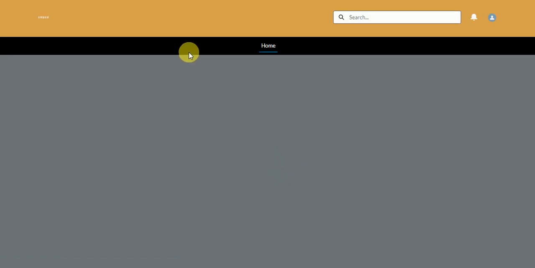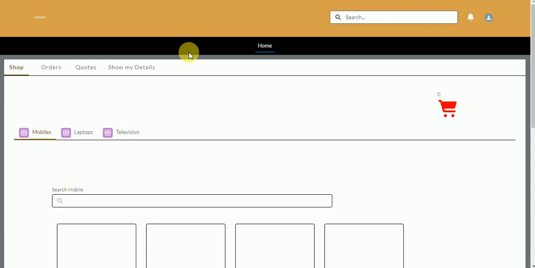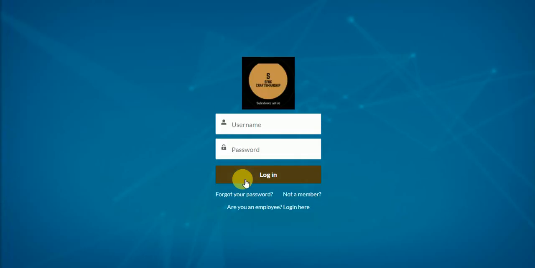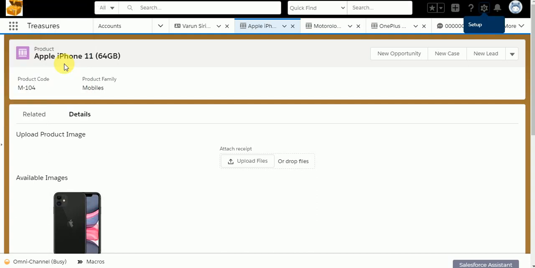So now we're gonna build a custom login page for this. I'm gonna use a lightning component for this. Instead of using this standard login page, we're gonna create a new custom login page. To create it, I'm gonna use a lightning component, so I'm gonna create a new lightning component here.